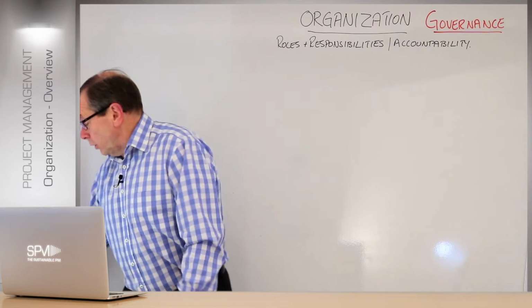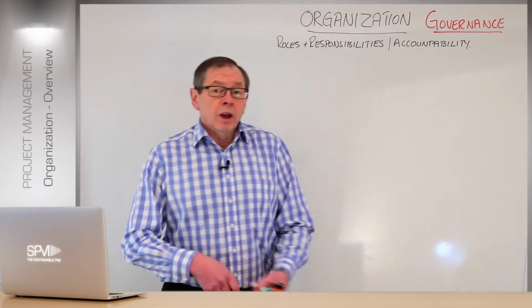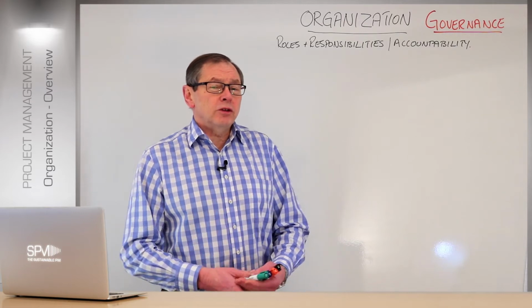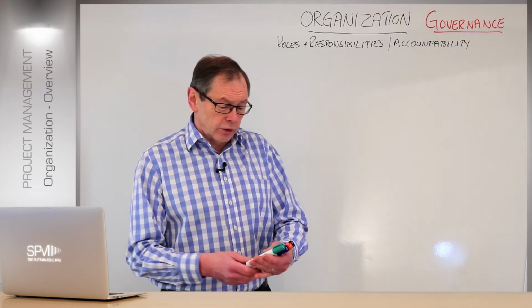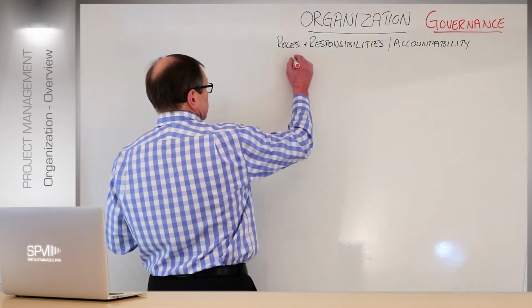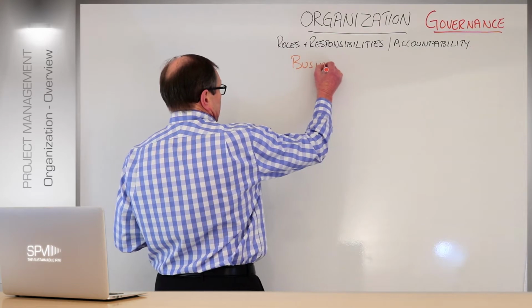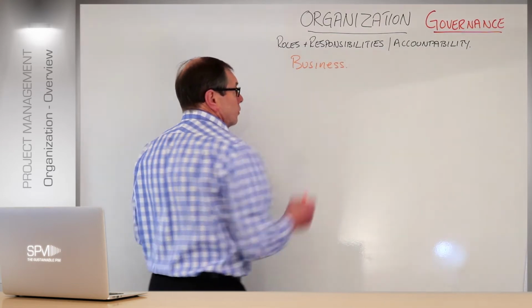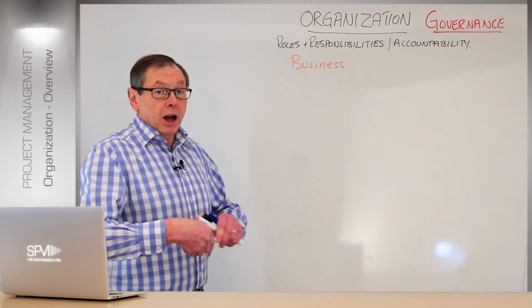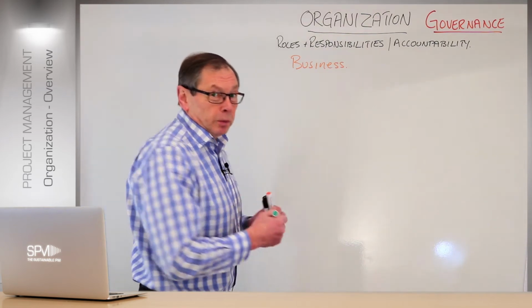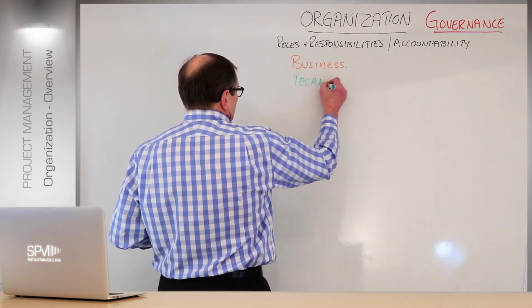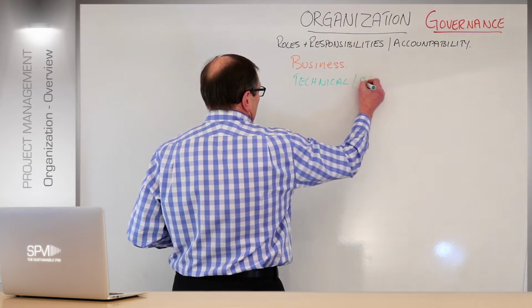So, one of the interesting things to note here, first of all, is that within projects, there are 4 different types of interests, 4 different interests, if you like. And these are the business interests, because obviously, business project, we have business interests, right? Their key understanding of the project. We have a technical support supplier interest. So we have a technical, and I'd use that carefully, remember, technical supplier